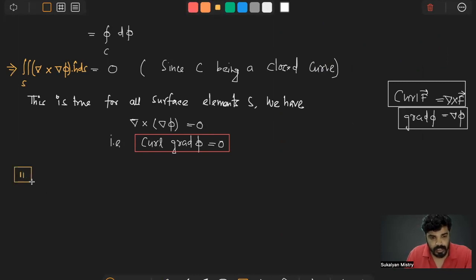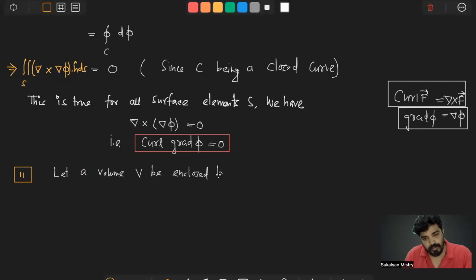Let a volume V be enclosed by a closed surface S. Then by Gauss divergence theorem, or simply the divergence theorem,